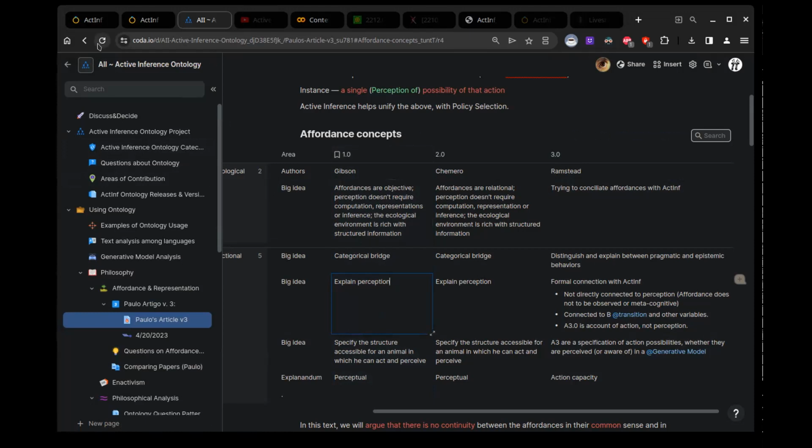However, in active inference, as it's been used, affordance is used to describe action capacities that are not necessarily perceived, more like something that the system can do.